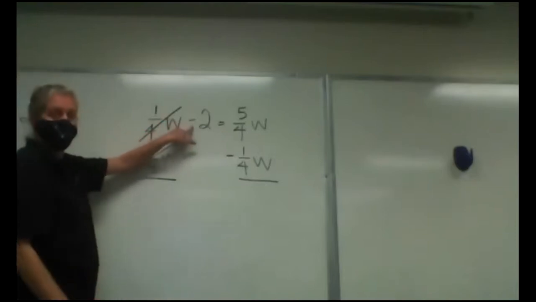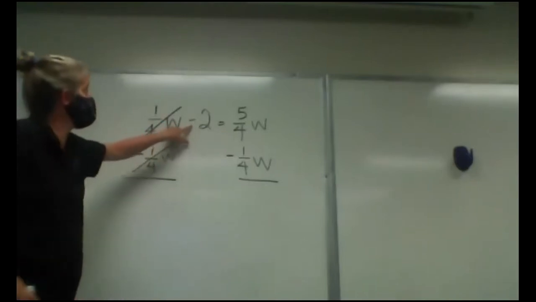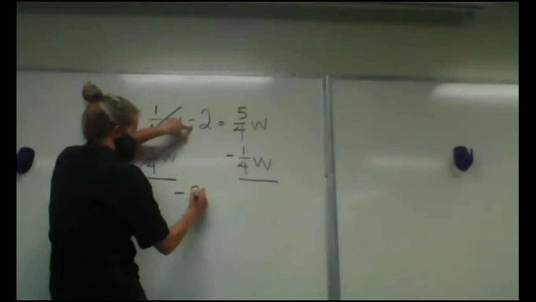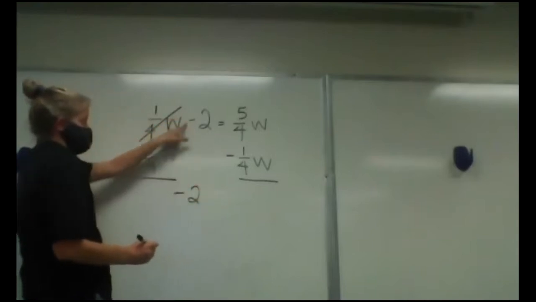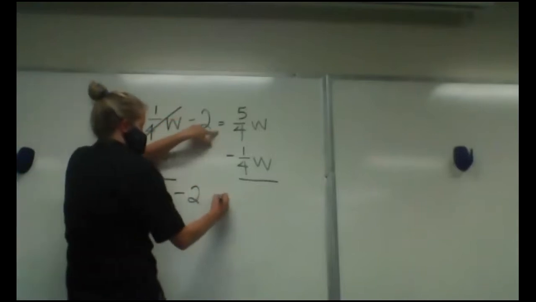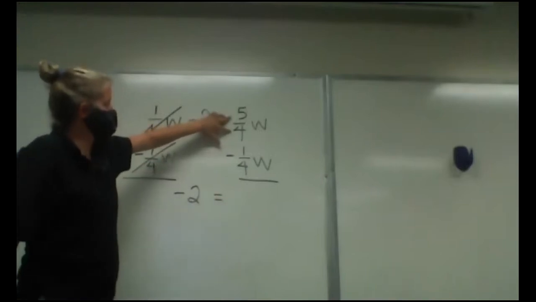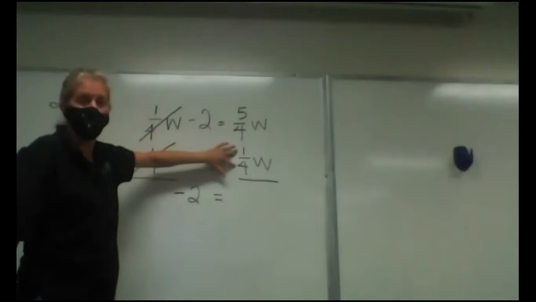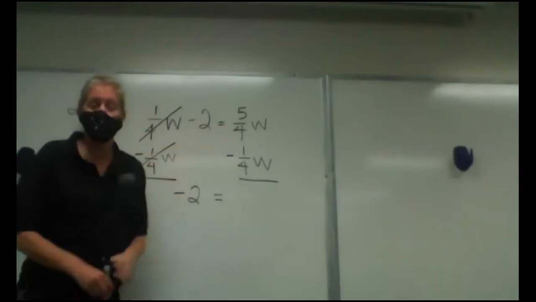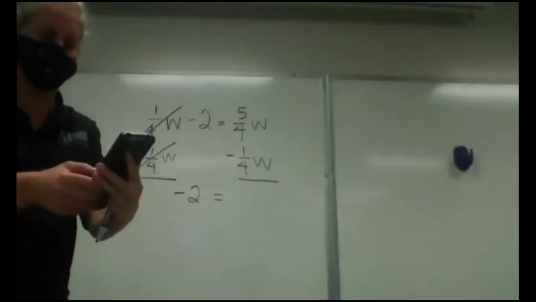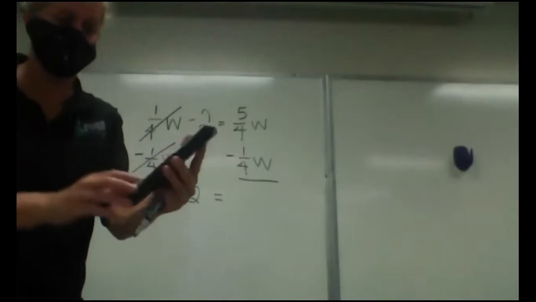Now remember that negative is there. You bring down that -2, which is what's left over here, equals, I've got 5/4 minus 1/4. You can do that in your calculator, right? Now that you know how to add and subtract fractions in your calculator, just do it in your calculator, which would be